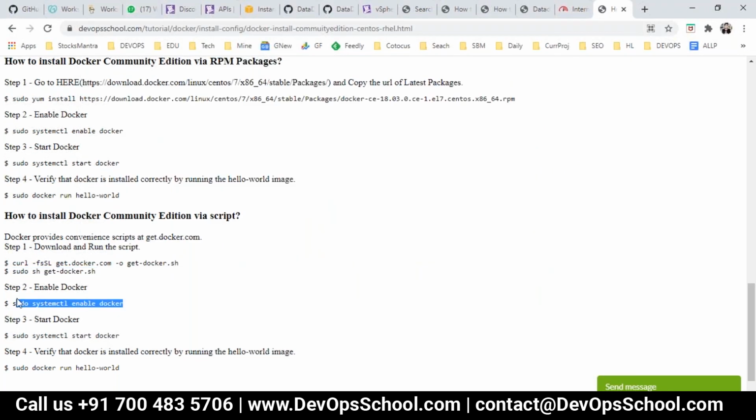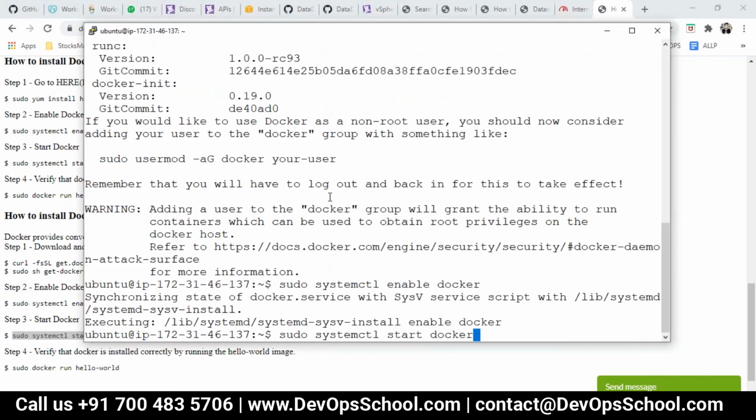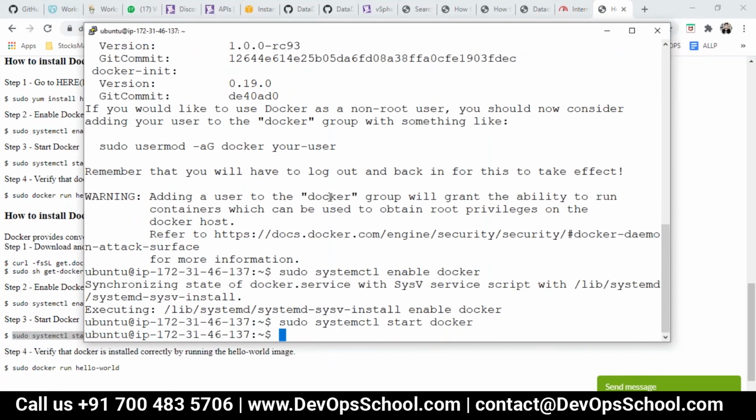I have to enable Docker, else I'll not be able to use it. And after that, I'm going to start the Docker service. Now Docker is a process, remember. So Docker will also be detected in the integration, but anyway, I'm integrating it, so that's not needed. So now that is done. Now what to do?